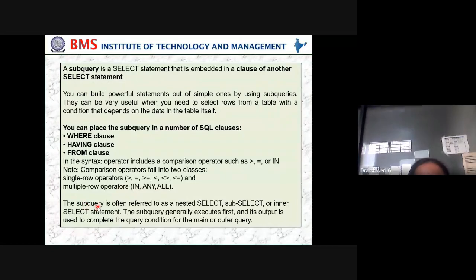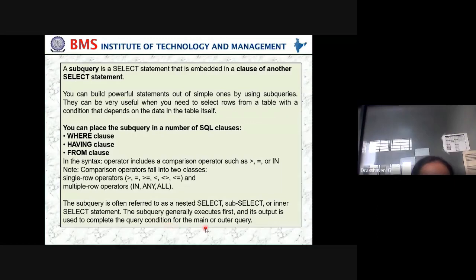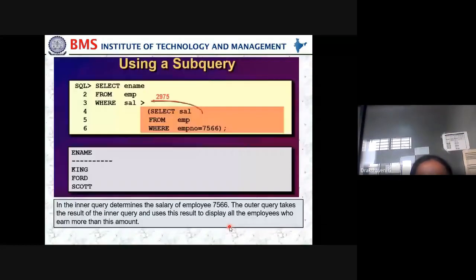The subquery is often referred to as a nested select, subselect, or inner select statement. The subquery generally executes first, and its output is used to complete the query condition for the main or outer query.